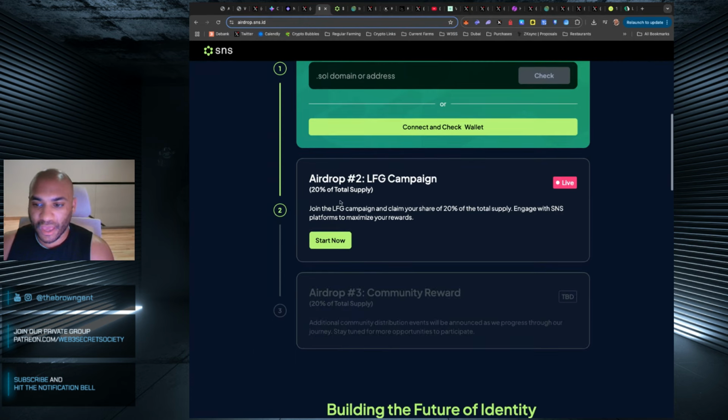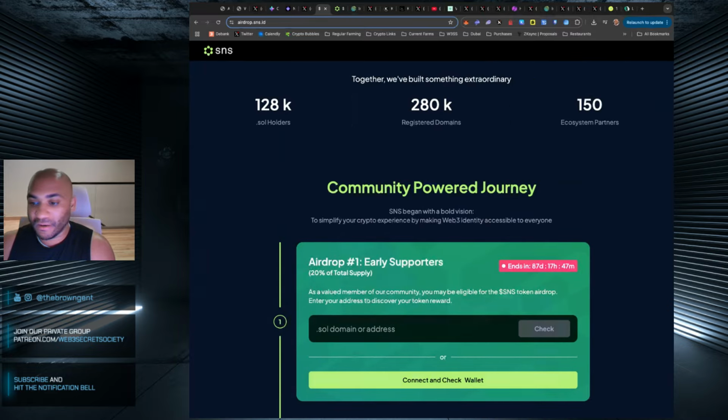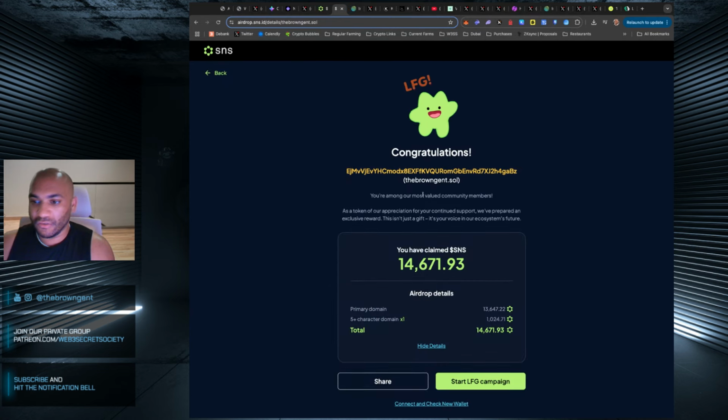There's also some other campaigns, which I'm not going to get into. I don't really think it's worth the time, but if you want to go in, it's sort of like Zeely and sort of layer 3 and all that other nonsense. It's just a bunch of activities you do to sort of get more dot points or whatever. But to get your claim, I put in the browngen.sol and connect my wallet. You see here, I had